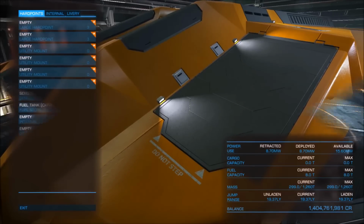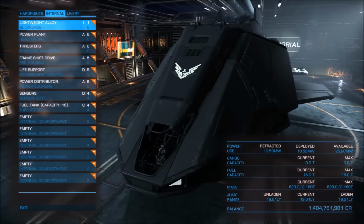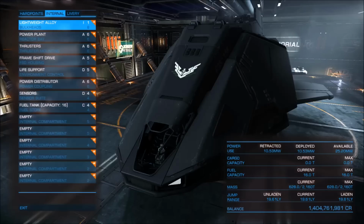The Federal Ship, on the other hand, can be equipped with a Class 6 power plant and thrusters, Class 5 frameshift drive and life support, a Class 6 power distributor, and Class 4 sensors. Its fuel tank has a capacity of 16, and it also has 6 internal compartments, of which 2 Class 5, 1 Class 4, 1 Class 3, and 2 Class 2. That means that the assault ship can also be equipped with a Class 5 shield generator, but it can also carry a Class 5 shield cell bank or a Class 4 shield cell bank, or carry multiple shield cell banks